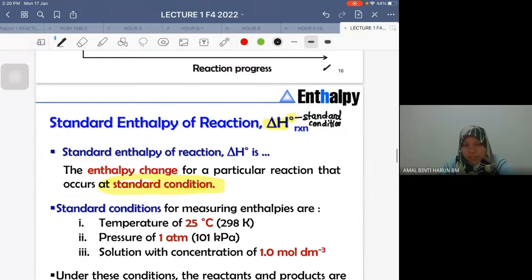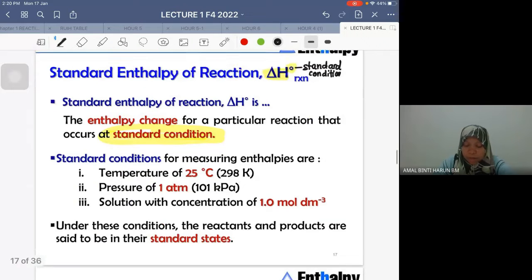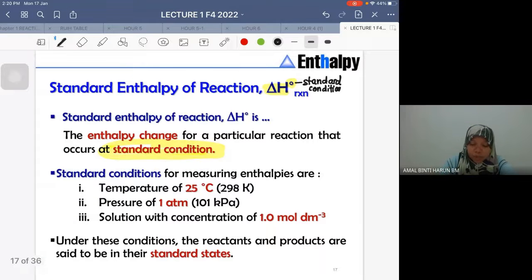Okay, macam mana kita tahu dia berada kat standard condition? Apakah ciri standard condition tu? Pertama adalah temperature 25 degrees Celsius. Okay, maksudnya the reaction must occur at 25 degrees Celsius and then pressure 1 atm and the solution of the concentration must be 1 molar concentration. Okay, so semua ni kalau tiga-tiga kriteria ni lengkap, barulah kita boleh measure heat tu dan heat tu kita claim